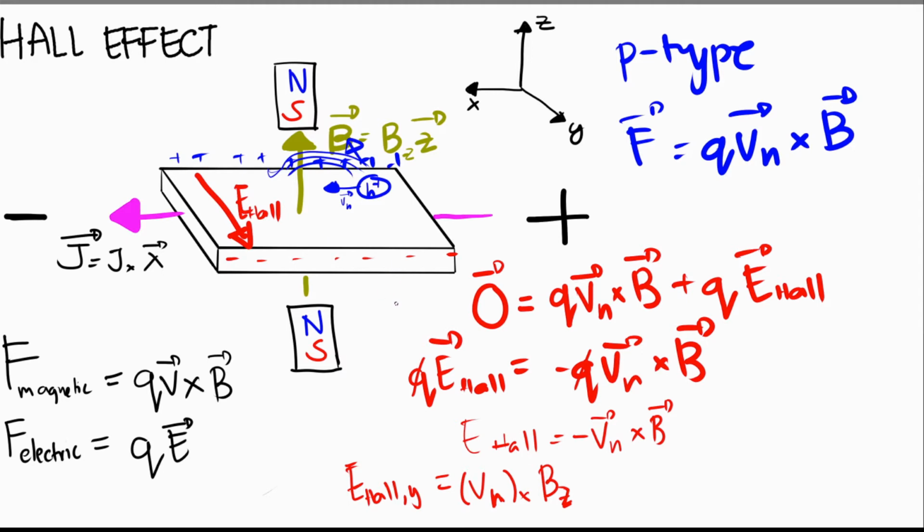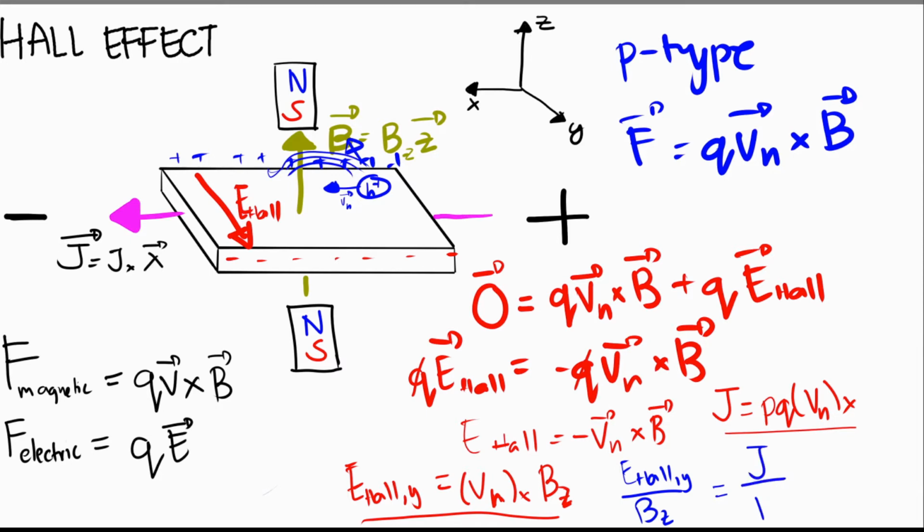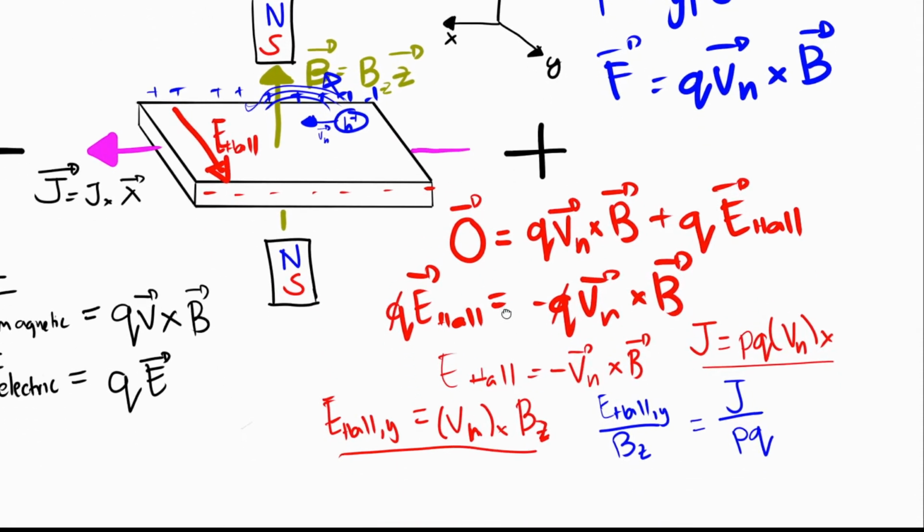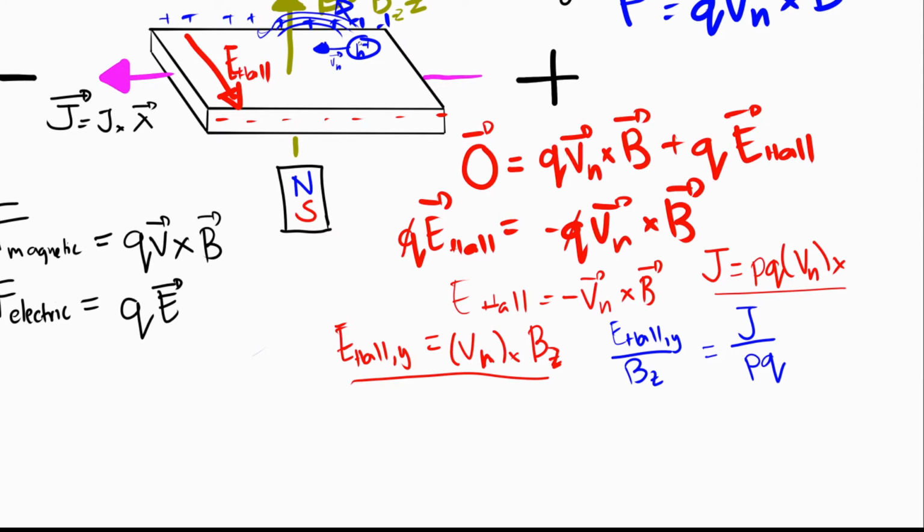We can also get the equation for the drift current density. We know that the drift current density J is equal to P Q v_Hx. This is the concentration of our holes times its charge times the average velocity of each of our holes. Equating this equation and the previous one, we equate our v_Hx. We have E Hall y over B_z equal to J over P Q. Or, putting E Hall on one side, we get